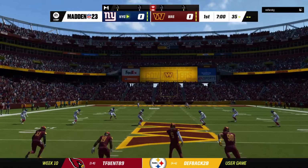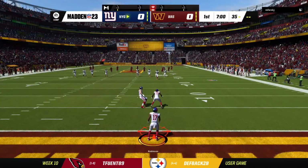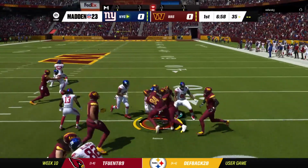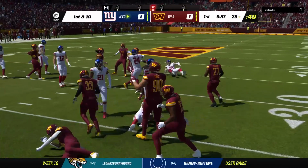Week 10, the NFL season is here, and we're underway on EA Sports. This fielded right at the goal line. And the tackle is going to be made right there at...